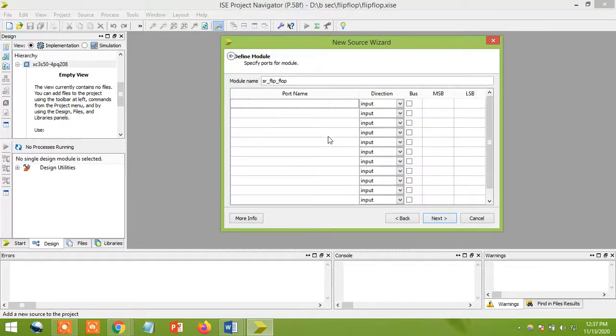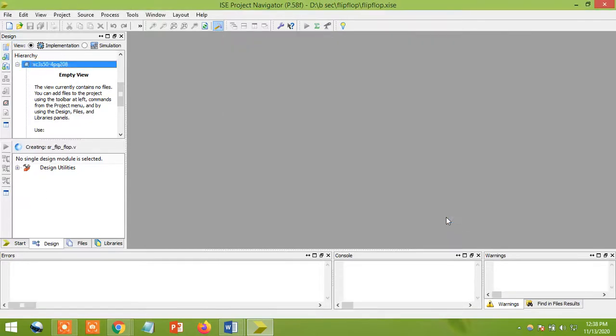And here also you can give the inputs and define them as input or output. But my suggestion, since it is a basic program, is not to use this directly; you give next. Whenever we come to another class, I will explain how to use this one. If you want, you can use that method also. So now I'm not going to use it, just give next and finish.